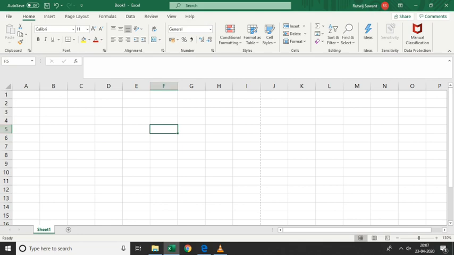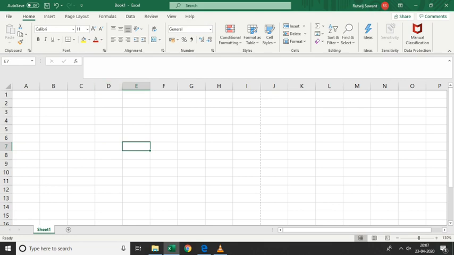As you can see, when I click, it keeps changing. B3, like that. Each cell has a specific name, and whenever you click, that name will appear within the name box. And this part is called the formula bar. When you enter any formula within a cell, it will appear within this formula bar.